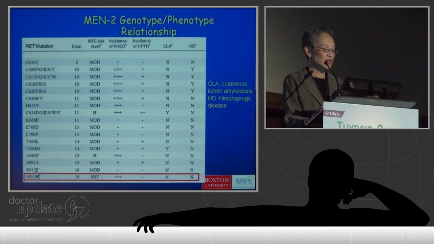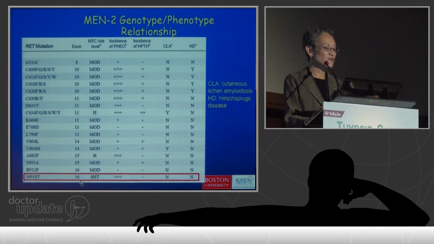So for example, in a mutation of 918, I'm definitely going to screen my patient carefully for the evidence of pheochromocytoma, and it is generally not associated with hyperparathyroidism. CLA is the cutaneous lichen amyloidosis, which is the rash on the back of the previous slides, and then Hirschsprung's